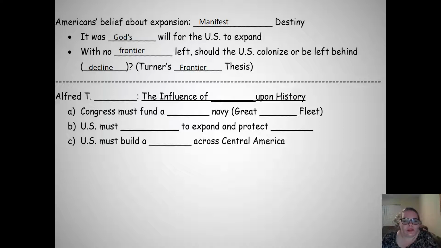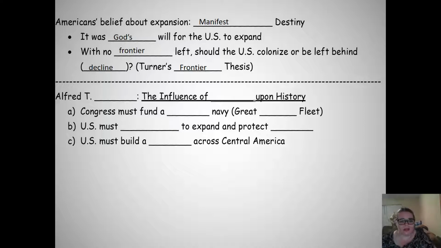Only now we own California, so there's really no frontier left for us. And what Turner's frontier thesis said basically was that America would now go into decline. Well, if there's no frontier left to challenge us, then there's no reason for us to constantly be pushing forward with our technological advances. So the United States had two options. It could take over colonies and let the colonies be our new frontier we're having to contend with, or we could stop and just go into decline.